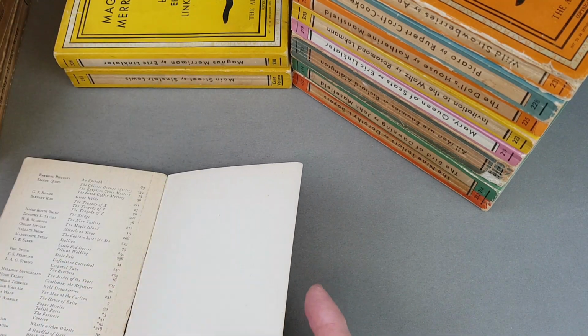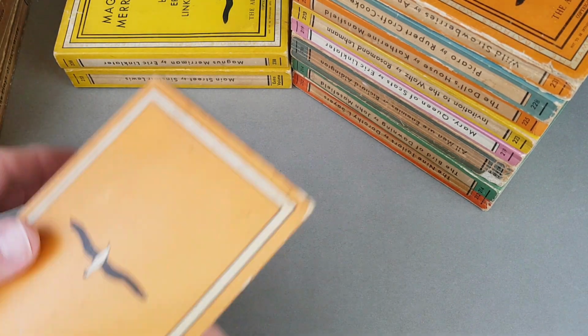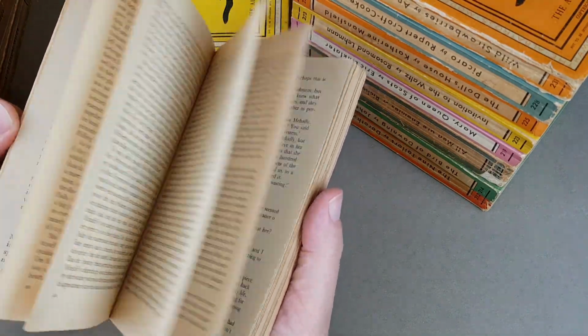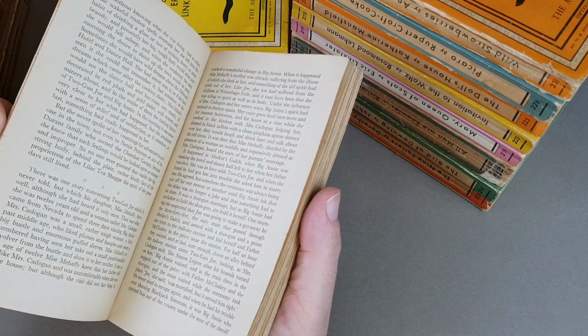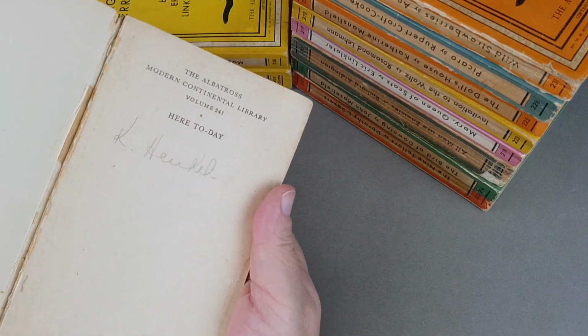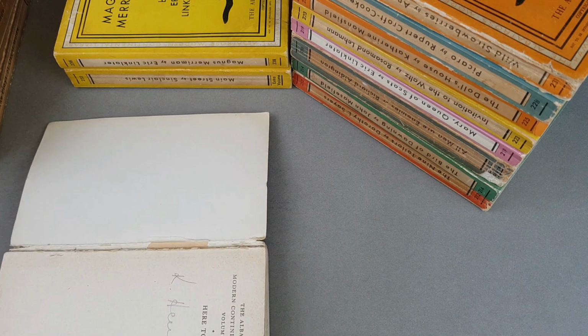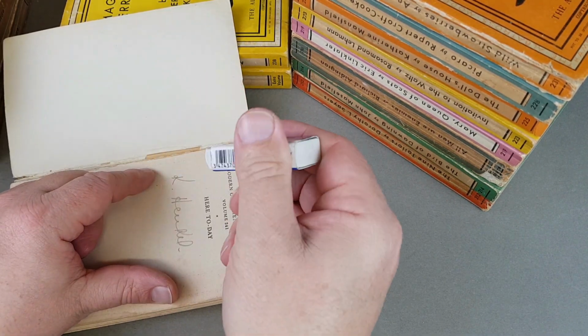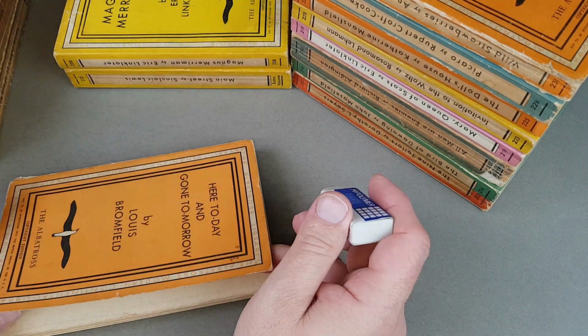That's quite modern, isn't it? Quite modern to see in an Albatross. It does show, look, that was £1.50 in a British bookshop. So they have turned up over here. I don't think that was me, and it's got a name inside, so quite a bit to do on this one. It's not the greatest of copies, but we'll take away the